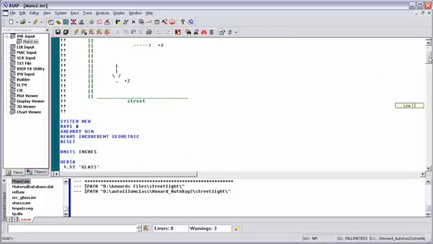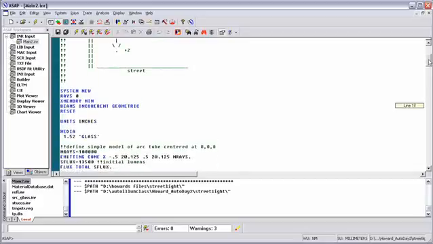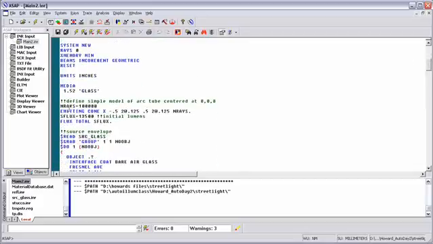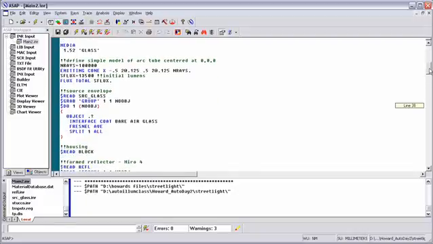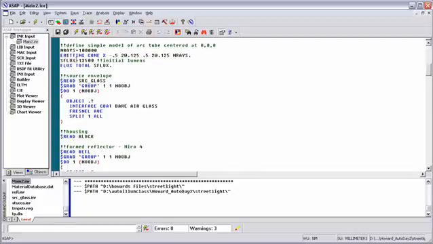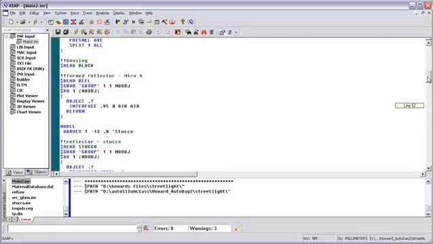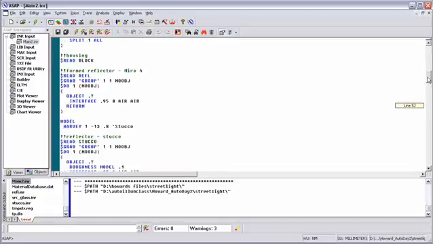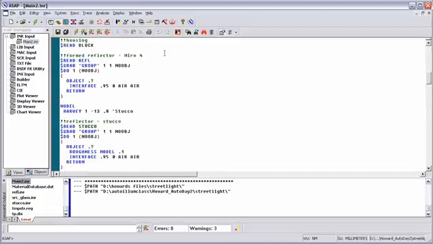I'm going to walk down through the script and just point out some of the things in the script that we've set up. In this case, we're going to model an HID street light. So we've got an arc tube modeled as well as the source envelope. So the geometry of the source is going to be included in this. So if we pass any light back through the source, we're taking those interactions into account. And then we're going to read in some geometric components